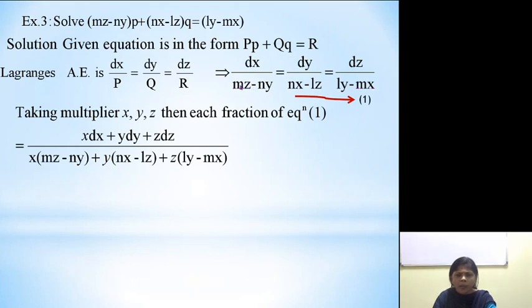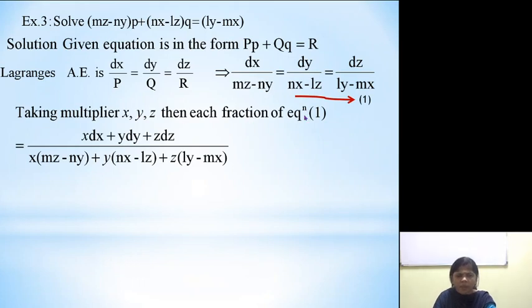So if I want to cancel out the term of m, what do I have to make? I have to make this as zx, and here also it is zx. So this needs to be multiplied with x and this needs to be multiplied with z. So accordingly the middle multiplier must be y. You can check this roughly whether it makes 0 or not. So let us take the multiplier as xyz.